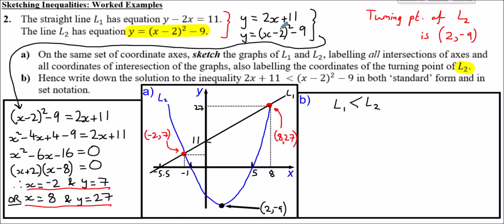L1 is the straight line, this black line here. So where's the black line below the quadratic in simple terms? Well, we can see here actually there's two different places this is true. The black line L1 is below the blue curve where x is less than -2. So from here downwards,